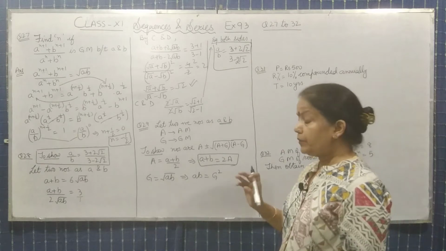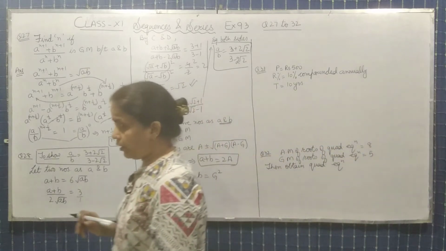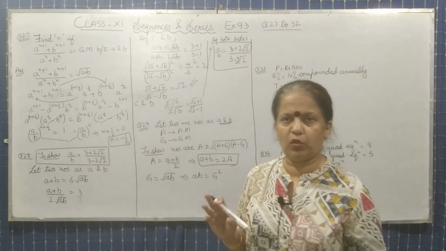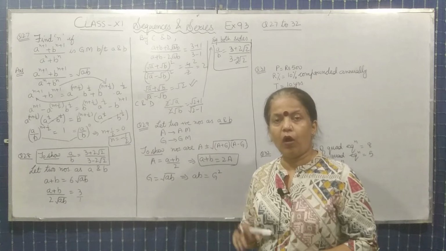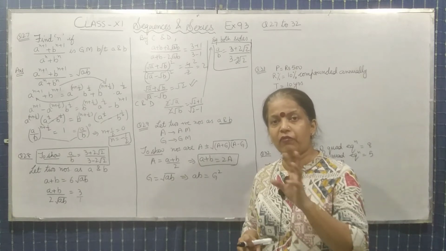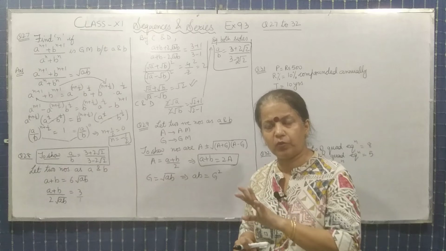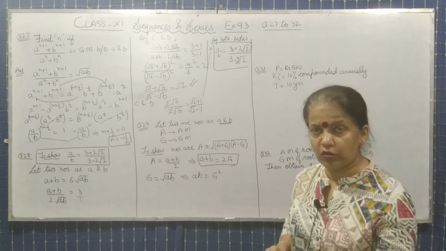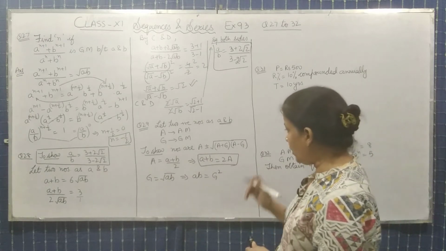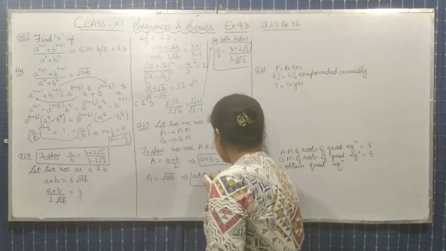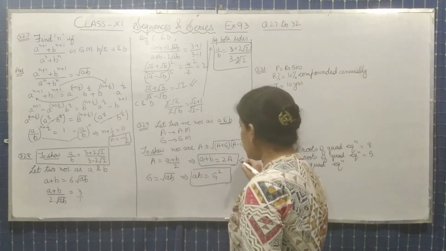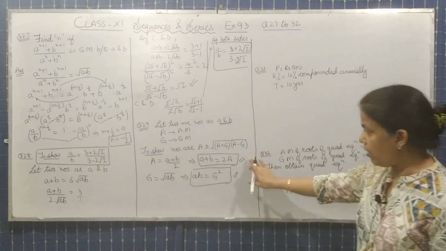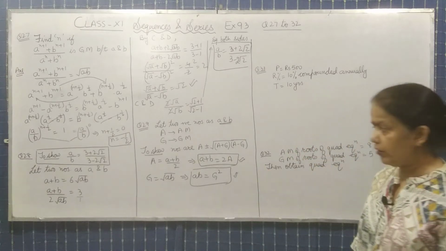Okay. Now, हमने 10th क्लास में क्वाड्रेटिक इक्वेशन पढ़ा था. क्वाड्रेटिक इक्वेशन was x square minus sum of the zeros x plus product of the zeros, x square minus alpha plus beta x plus alpha into beta. तो एल्फा और बीटा क्या होते थे? Alpha and beta are the zeros of the quadratic equation. Now same thing, if you will observe here, this is a sum and this is the product. Sum and the product is there.